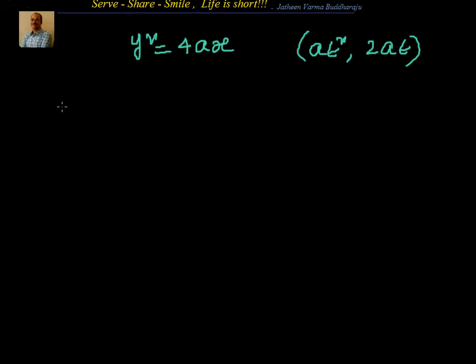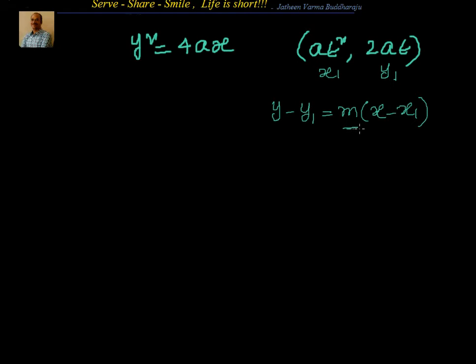Now we know that the equation of the tangent is a straight line and the normal is a straight line which is perpendicular to the tangent. We also know that the slopes of tangent and normal are at 90 degrees. So if we know the slope of the tangent, then we can immediately find the slope of the normal. First, let's find the equation of the tangent. The general form is y minus y1 is equal to m into x minus x1. This is what we know from our earlier knowledge of coordinate geometry. Here x1 is at square and y1 equal to 2at.